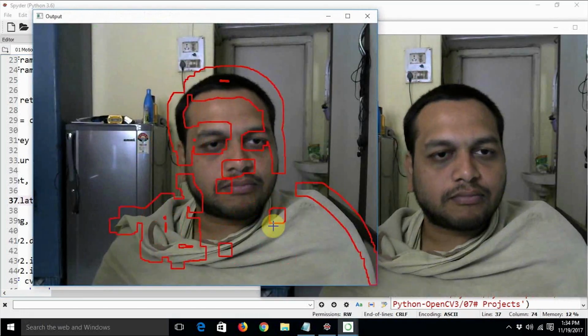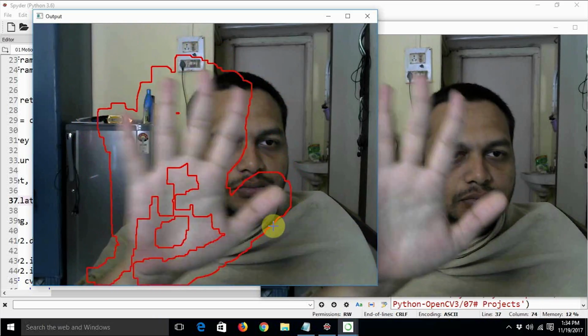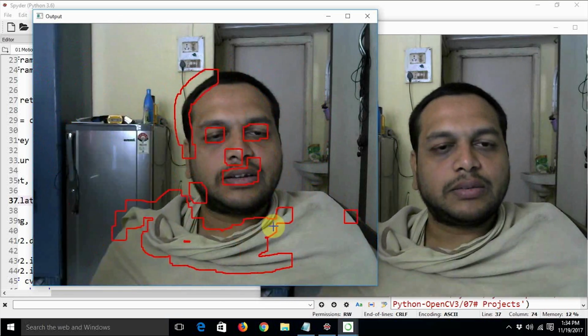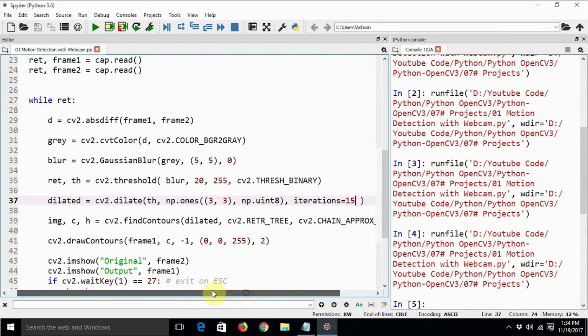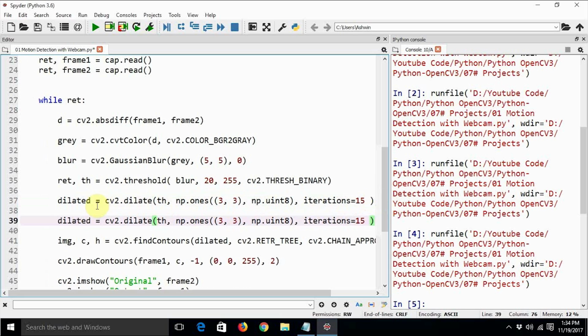So let's see. Yes, this is fine, and now I should be able to erode the stuff. Dilated and eroded. So I should actually erode it equally. So basically you just need to keep on trying different things. So this is dilated and this, let's say, eroded, and we need to pass eroded.